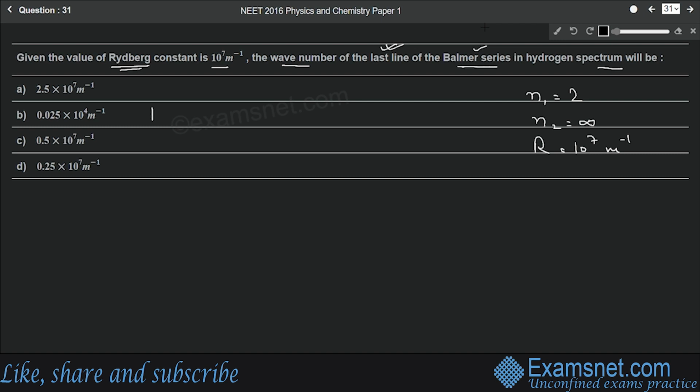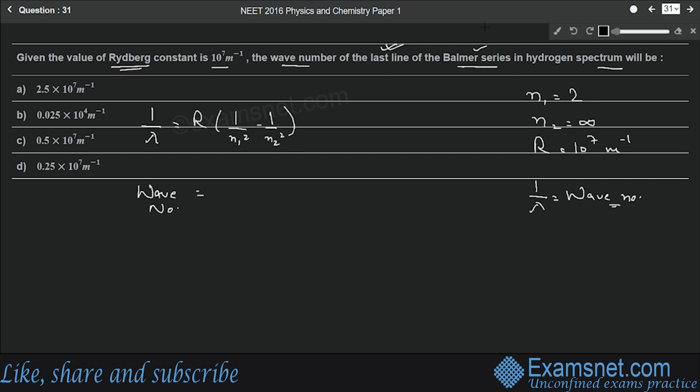And let's write down the formula here. 1 by lambda equals R into 1 by N1 square minus 1 by N2 square. Okay, this is the formula. 1 by lambda is nothing but the wave number, that we have to find out. Wave number is the inverse of wavelength. Okay, so wave number